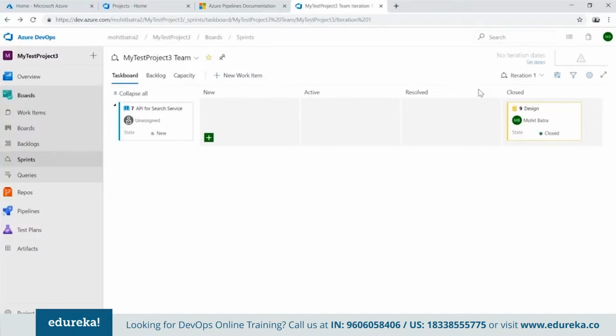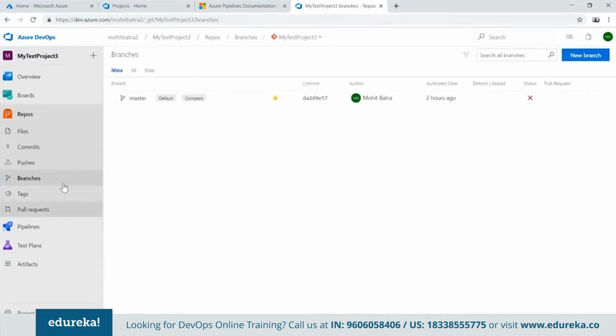Now, the next thing which I want to show you is repositories. We mentioned that we can use either Git or TFS to maintain our source code. I'm just going to show you a demo right now of how all this works. So what you will do here is set up a repository, which is like Git or TFS. Then you can go ahead and start checking in your code. The first thing you will see here, because we are using Git, is that I'm clicking on something called branches. And in the branches, there is a default branch which is always available. That's called the master branch.